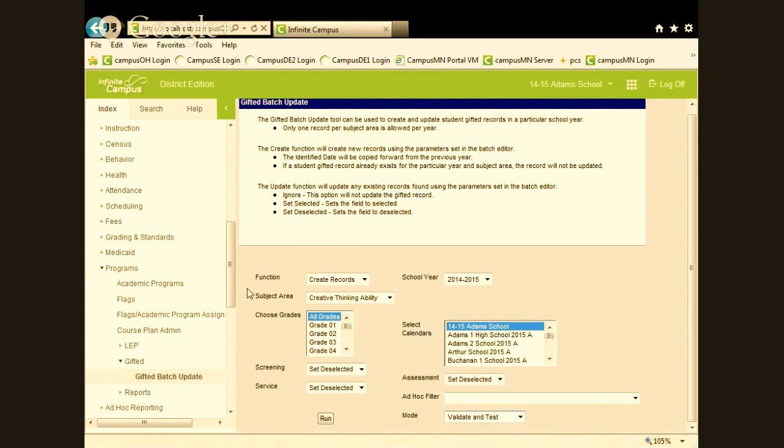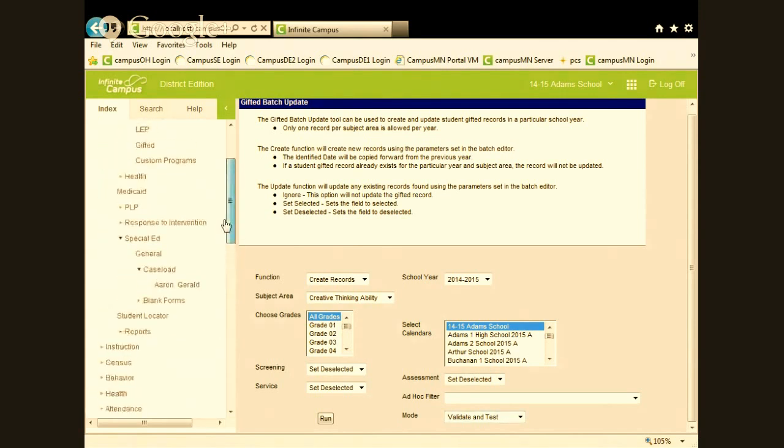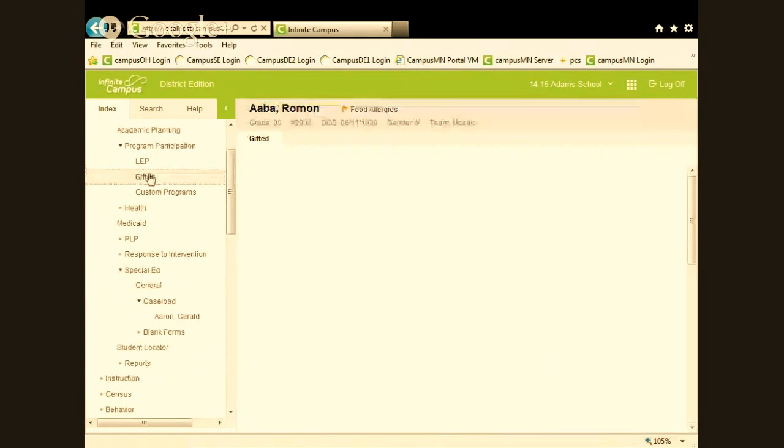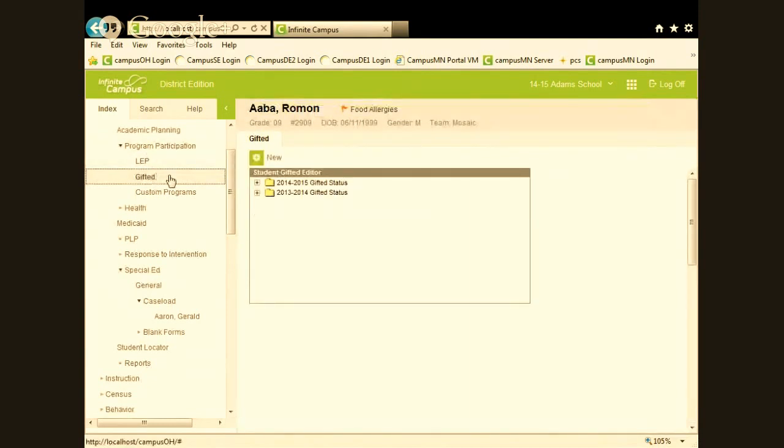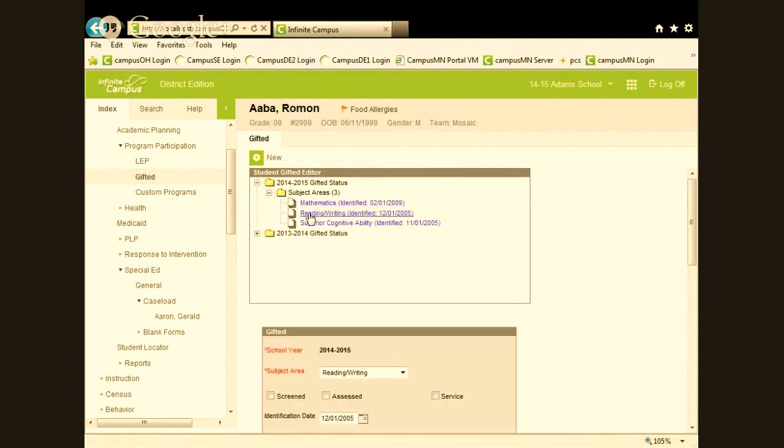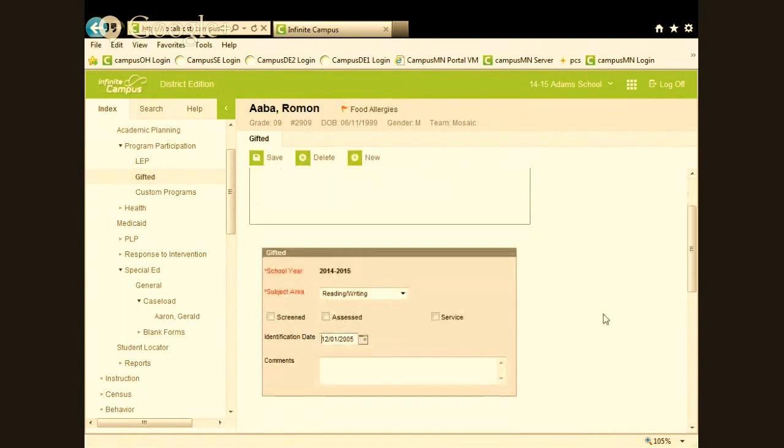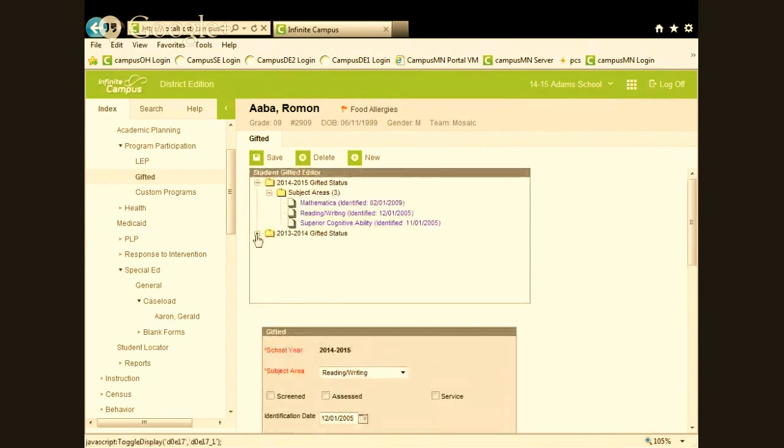And that is going to populate back in our student area. We have the gifted tab, the gifted information, and program participation. And this is what it's going to show you when you mass update it at its individual student level. Okay? And so it has that information right here. And of course, it will be historical. It always groups things by years for the student, and then you can always visit what happened last year and the year before this year. Okay. So that's the gifted.